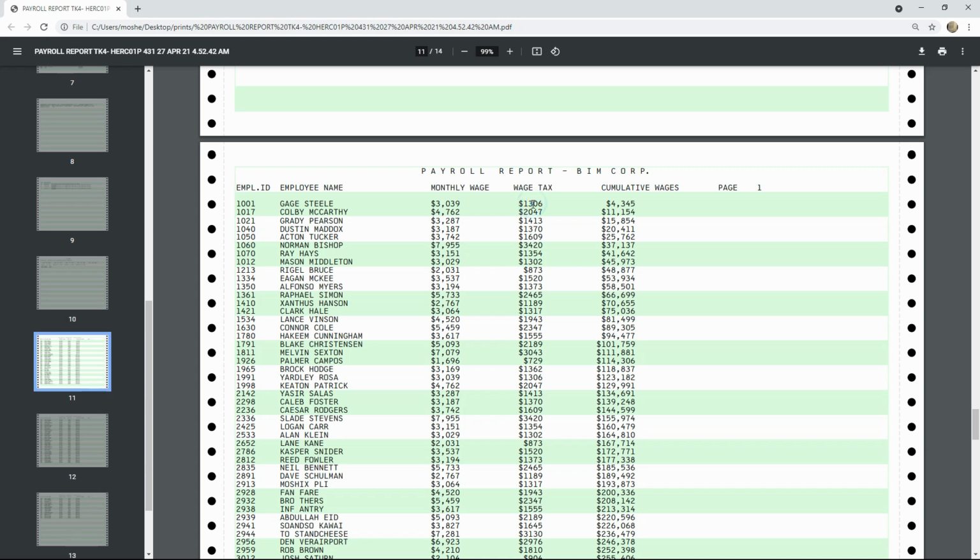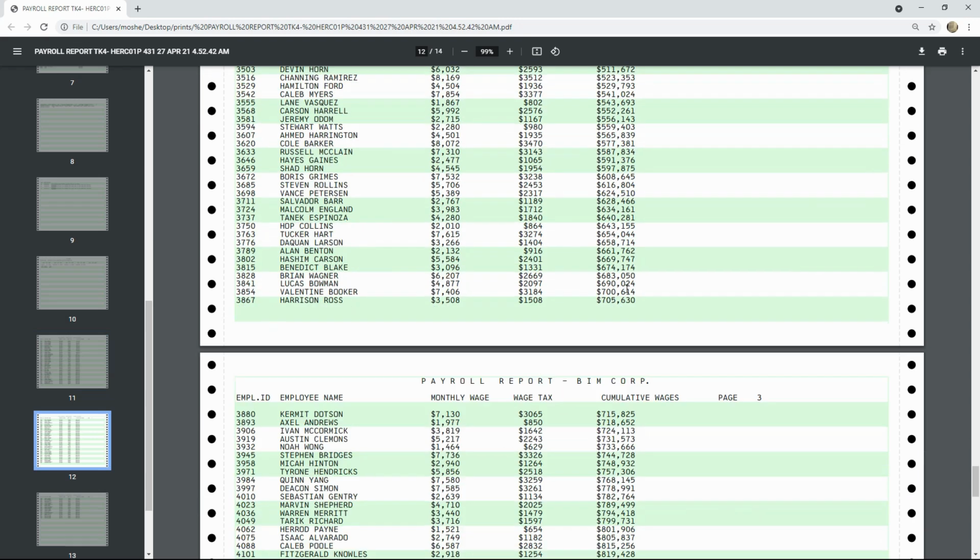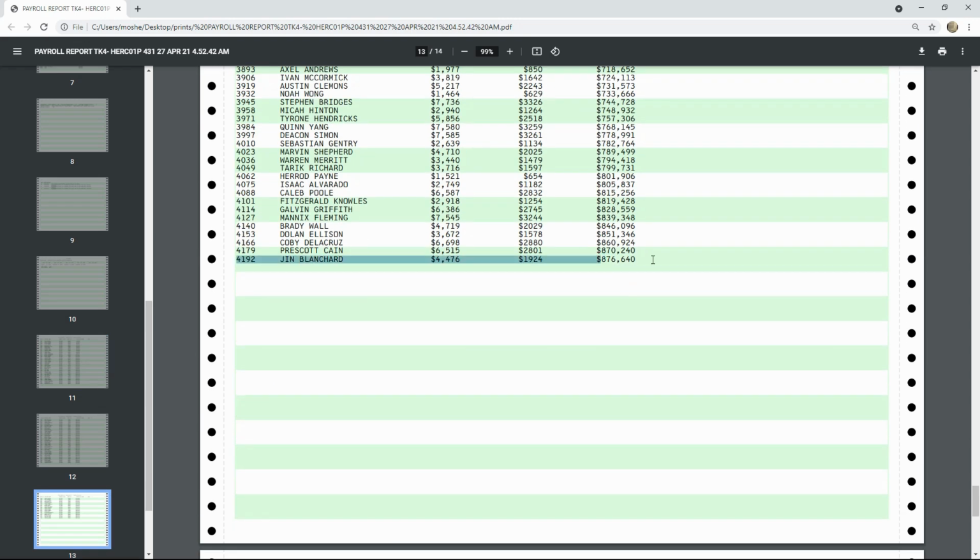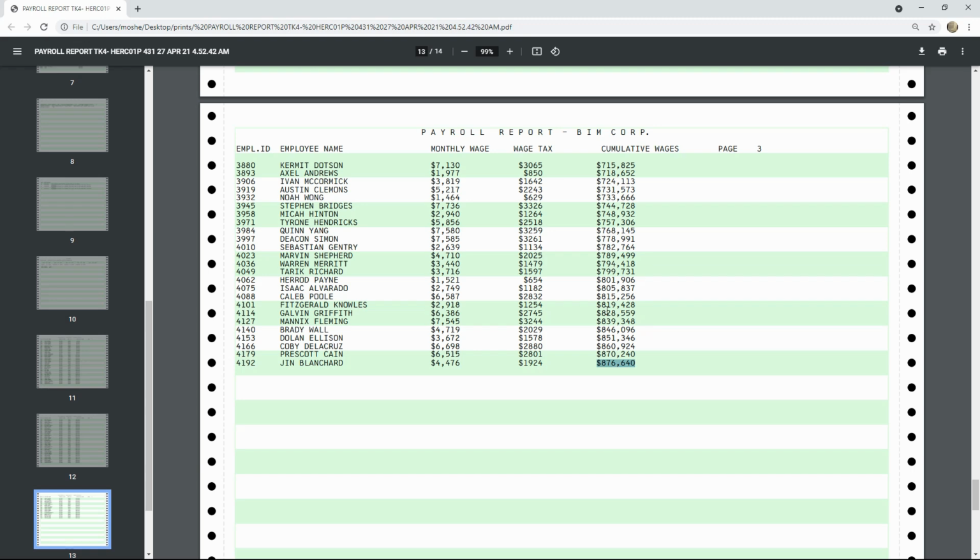Then we put in the wage tax of 43%, and we're now running a cumulative wage expense for the company, 4,345. And then we have the next, Colby McCarty, 4,700 monthly wage tax, and now it already adds up because we take this plus this plus this, which now equals 11,000. And at the end of the report, we know that this month we're going to have $876,640 in total payroll to be paid, which consists of the monthly wage for the employee plus their wage tax to be paid to the